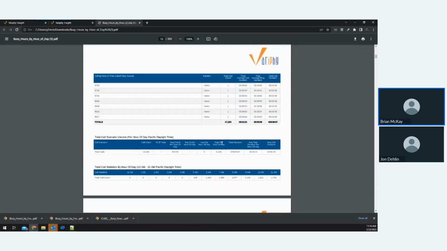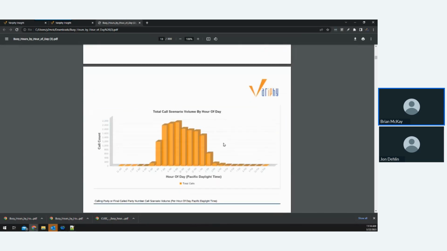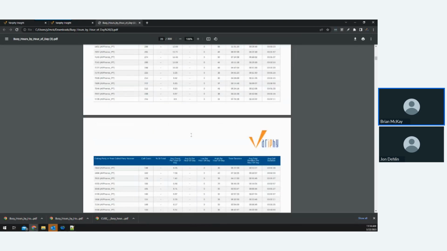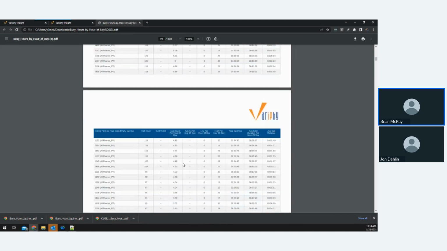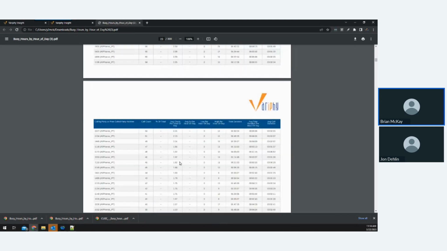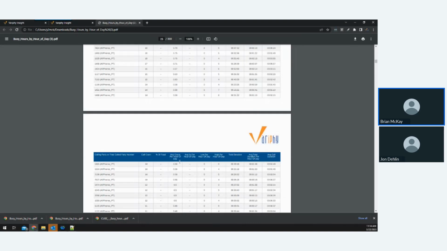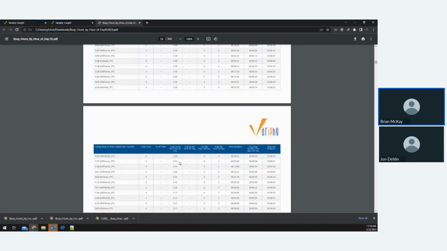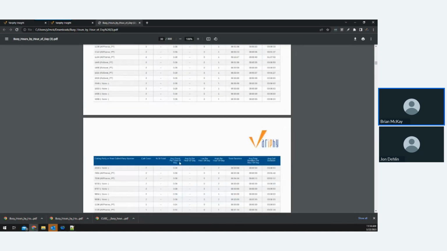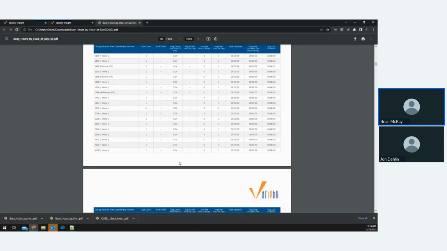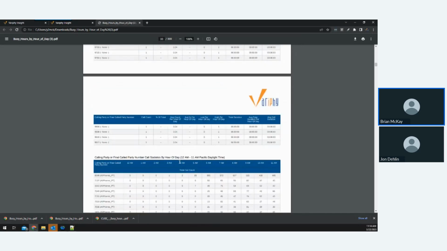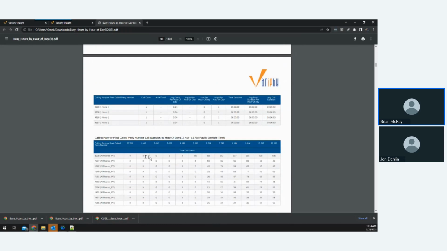So then it's going to show you the summary chart again, which is what we saw in the last one. But then it's going to give you a breakdown with these percentages for each individual number or whatever category you group it by. Obviously, doing it by departments would be a much shorter list with higher counts because it'd be grouping all these into departments instead of by individual phone lines. But it's going to give you all of this detail with the hour by hour counts for each individual extension